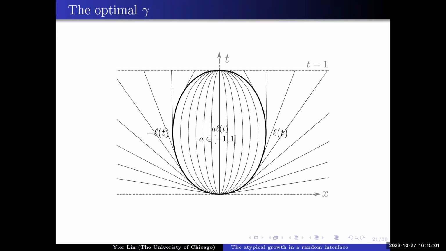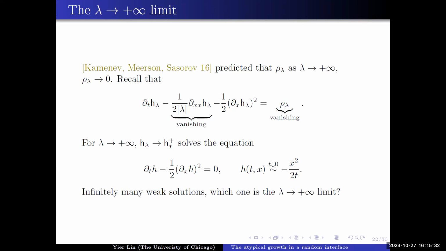So for each terminal position, you can have a unique geodesic optimizer connecting the origin to that position, except at this terminal position where you're doing conditioning. So something weird happens. You have infinitely many optimal gamma that connect the origin to the terminal position. Okay, so this explains what happens in the lower tail situation, when you condition the one-point value at (1, 0) to be lambda, and lambda goes to minus infinity. It helps us understand how the trajectory of the KPZ equation behaves.